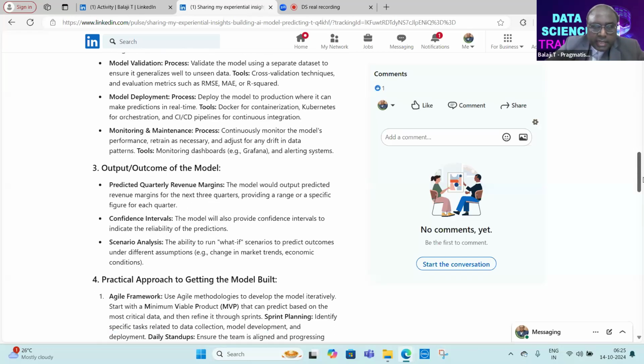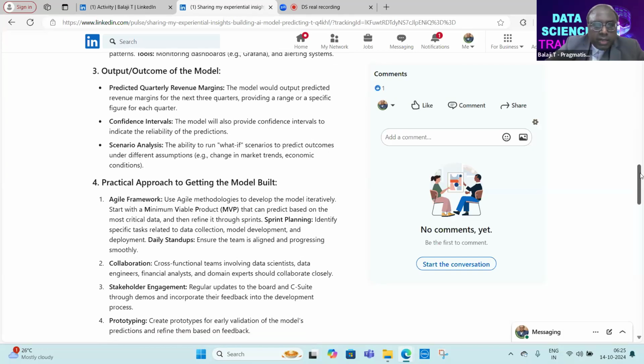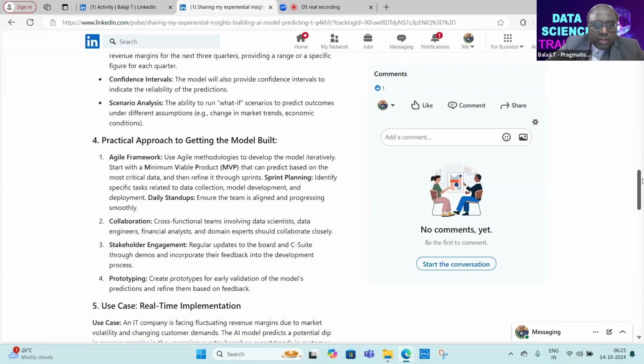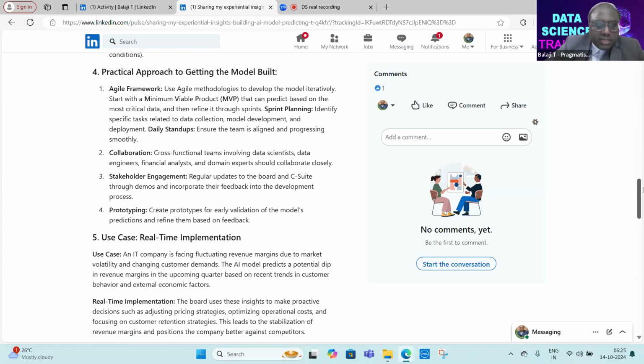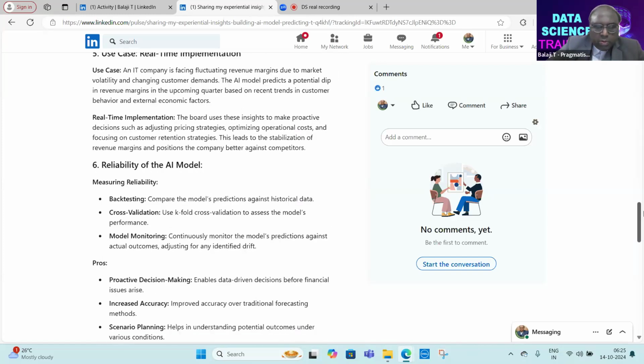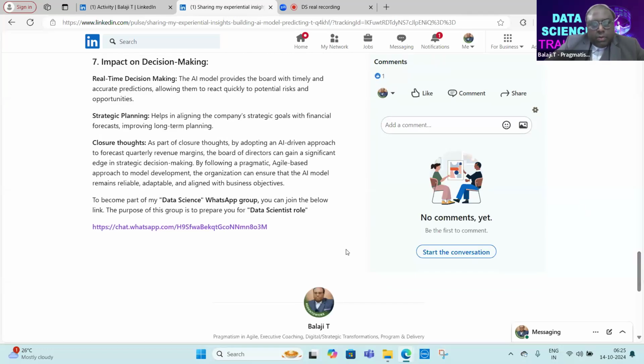How are you going to maintain it? And if you build this model, what will be the output or outcome of the model, and how to use agile as a methodology to build the software. I have mentioned it over here.